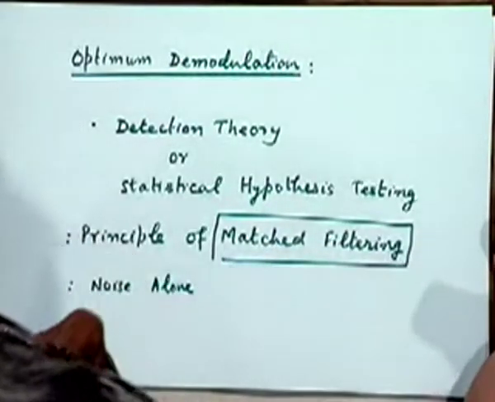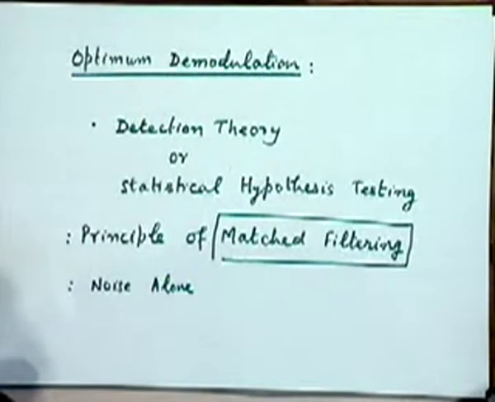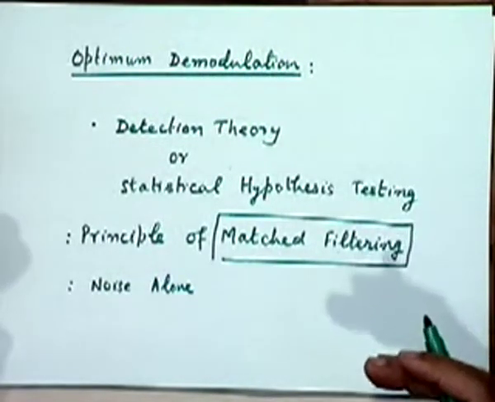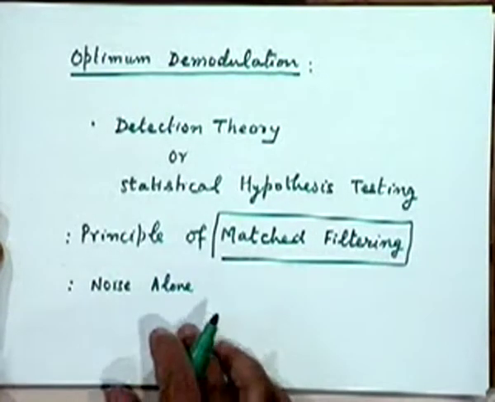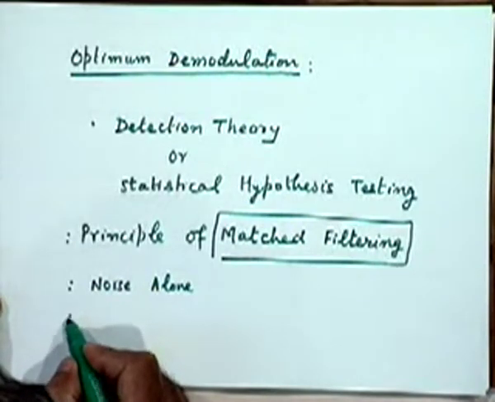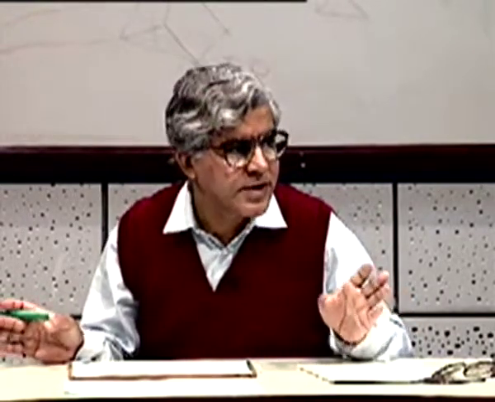One could pose the problems of optimum demodulation in the presence of noise and interference and distortion and all those things, which becomes obviously a more complex problem to study, and it is usually simpler to study them in a systematic step-by-step manner, and the first step always is to study without any other encumbrance, that is with noise alone. And one assumption that we will make here is that as far as the channel is concerned, it is not doing anything funny except adding noise.